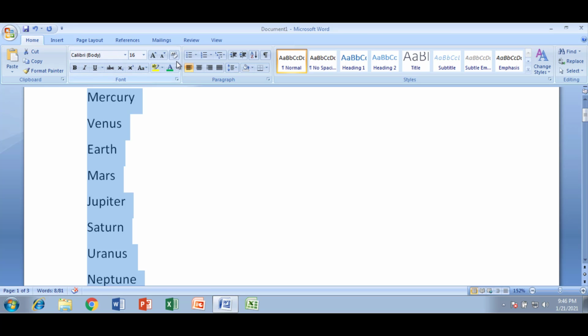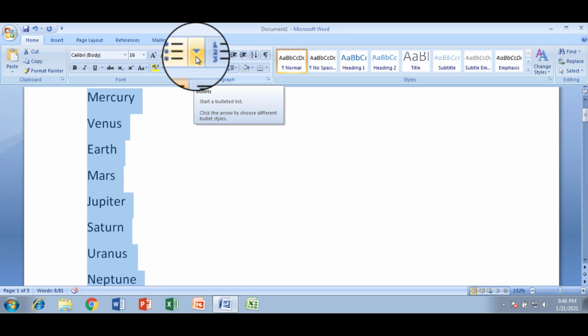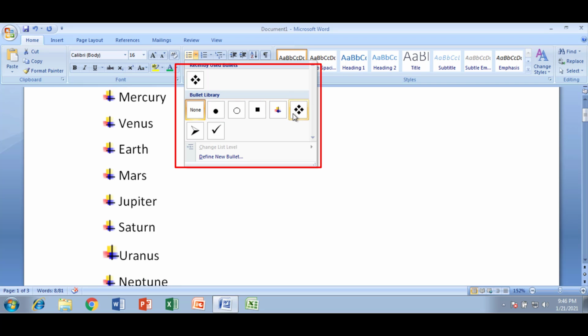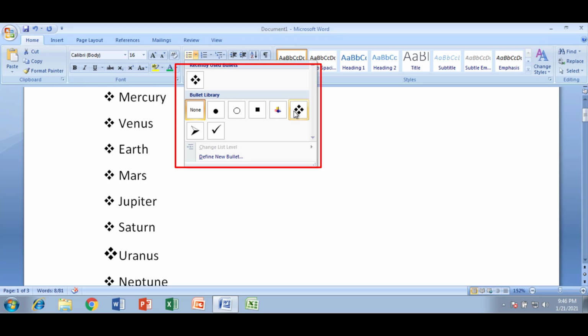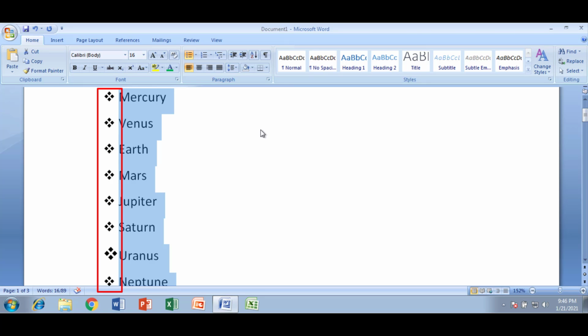In the Home tab, you can see one symbol over here, which is known as the bullet symbol. Exactly to the right side of the bullet, you can see a drop-down list, so I am just clicking on it. After clicking, you can see the different kinds of bullets available. We can choose any one of them, and after hovering the mouse on a bullet, we can see the preview on the screen also. So I am going to select this fifth one. After selecting it, you can see the bullet is added into the document. In this way, we can create a list by using bullets.